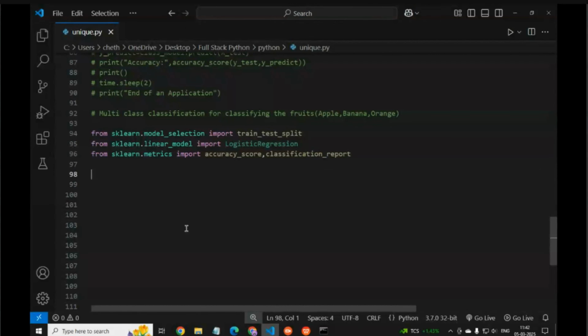Banana also, and oranges also, with different weight and color score. We can give a color score: apple is red, so one is for red, zero for yellow. Like that we can analyze.